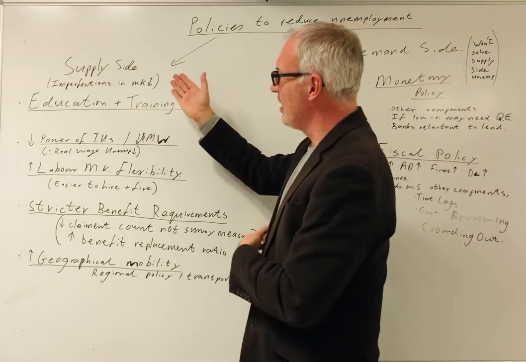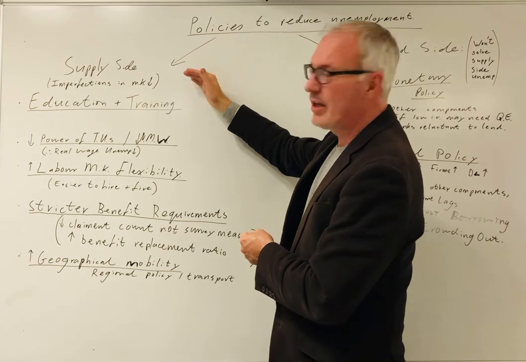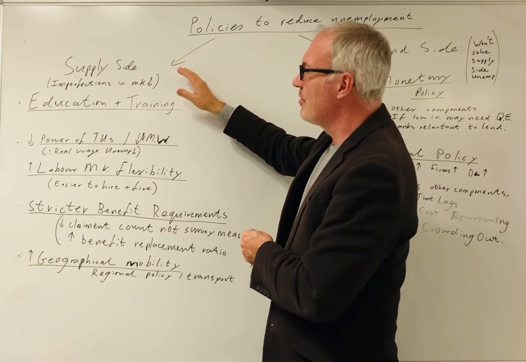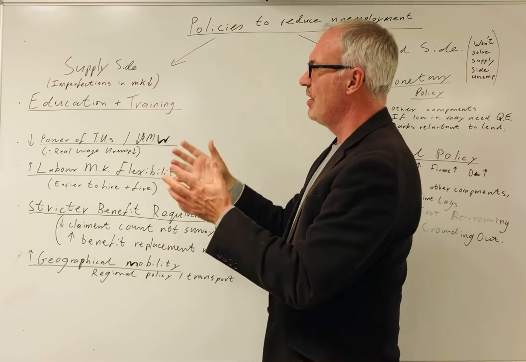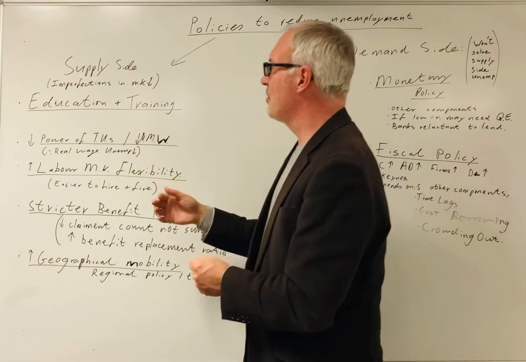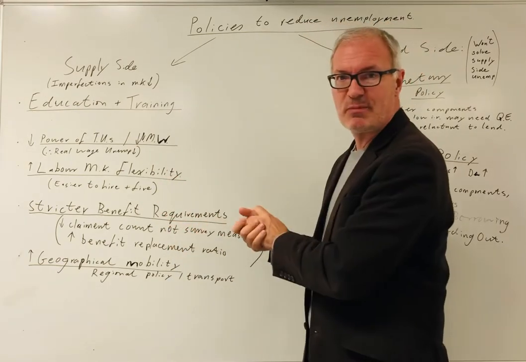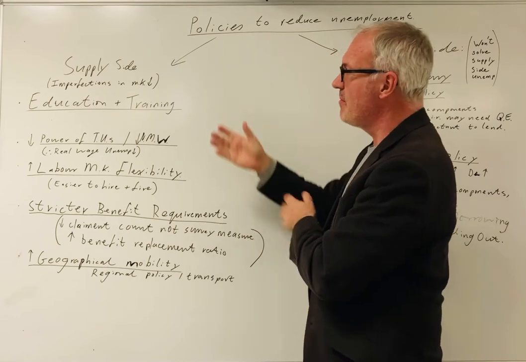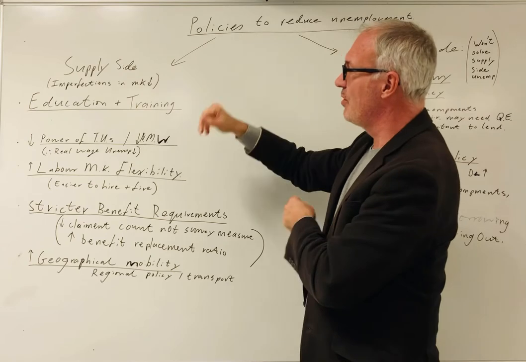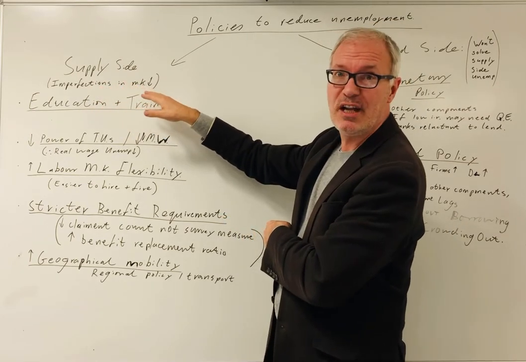On the supply side, this obviously will have less effect on Keynesian unemployment, although sometimes it does involve expenditure. So say you increase government expenditure on education and training, this would have a demand side effect as well as a supply side effect, because government expenditure will be increasing. But primarily what you're trying to do on supply side policies to reduce unemployment is to reduce the imperfections in the labour market,